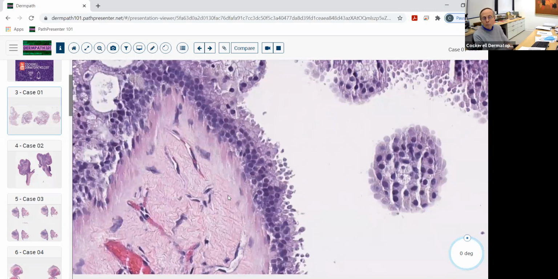Okay, so remember there's three main types of secretion that we have in the skin. We have holocrine secretion, in sebaceous glands, where they just kind of dump everything into their secretion. The cells die and everything kind of gets dumped in there. We have eccrine, which is basically a